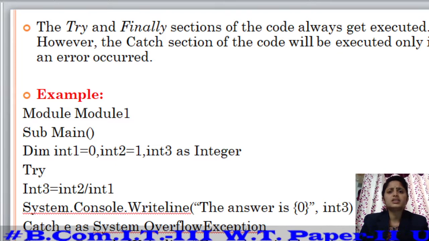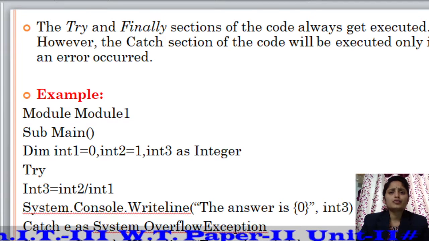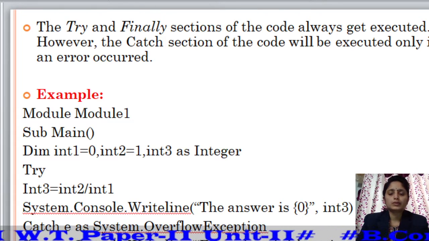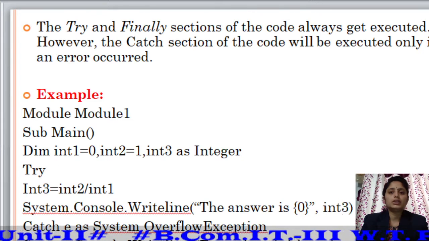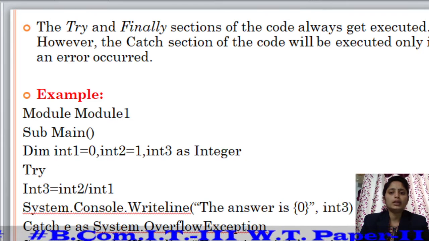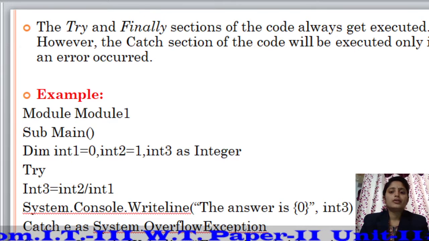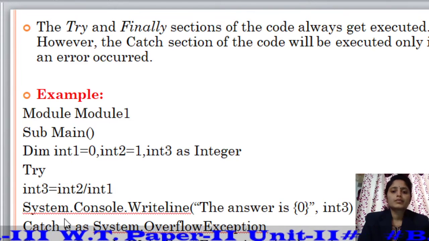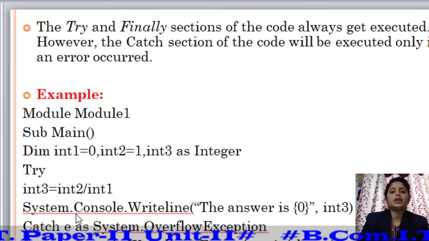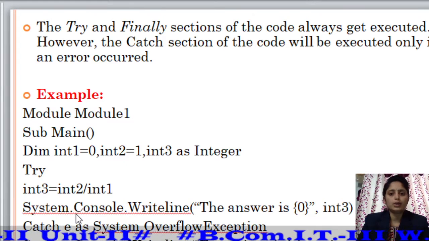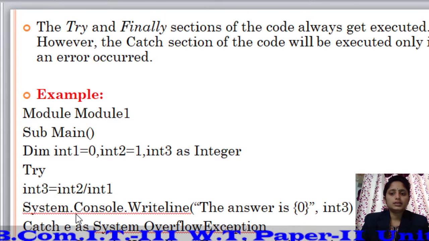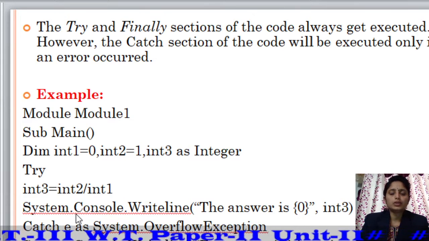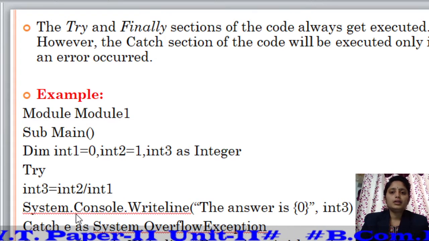Let's see an example of the Try Catch Finally End Try blocks. Module Module1, Sub Main, Dim int1 = 0, int2 = 1, int3 As Integer. Try: int3 = int2 / int1. System.Console.WriteLine("The answer is {0}", int3).